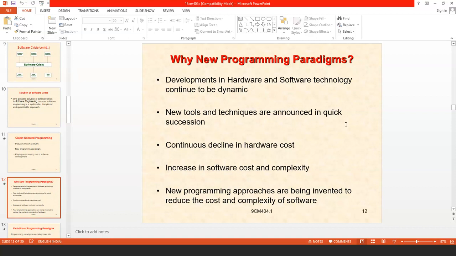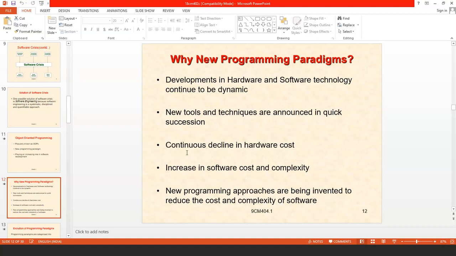One after another, new tools and new technologies are coming to the market. We need to adopt all that knowledge to survive or to update our knowledge. So here also new tools and techniques are announced in quick succession. That's why we need to go for new programming paradigms.